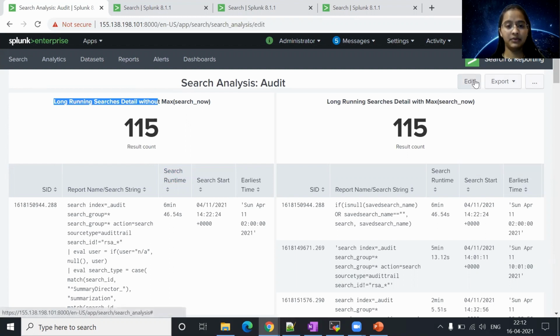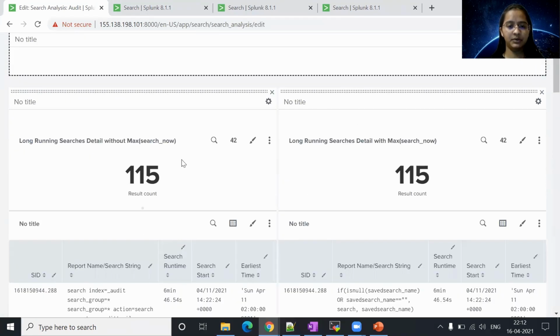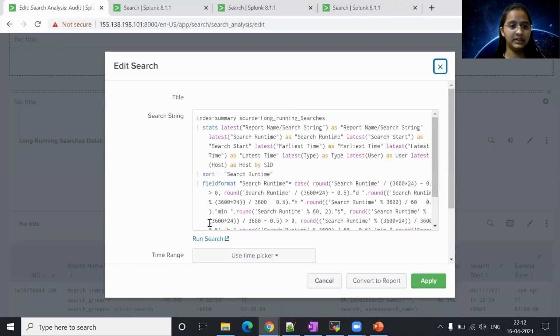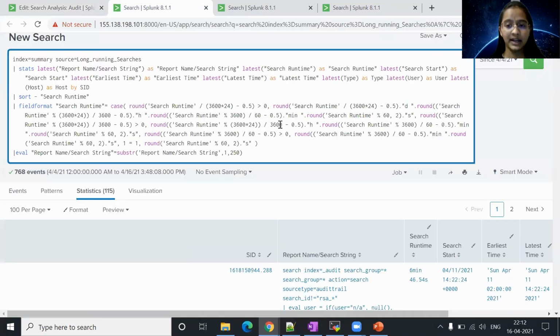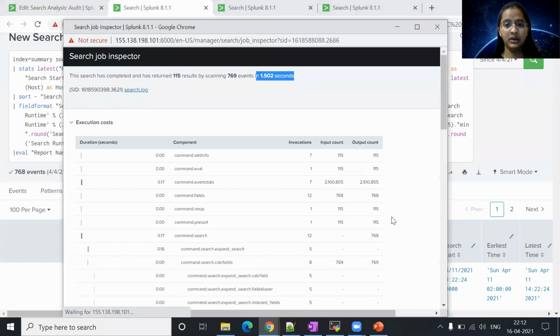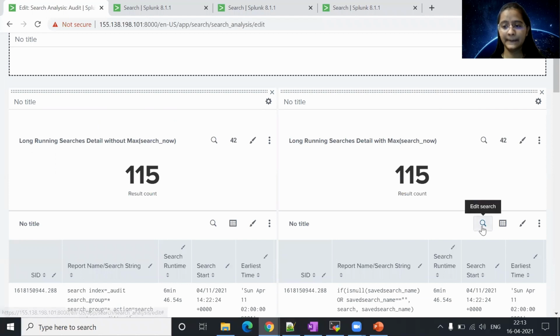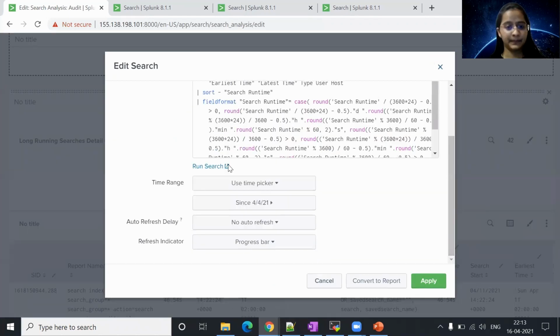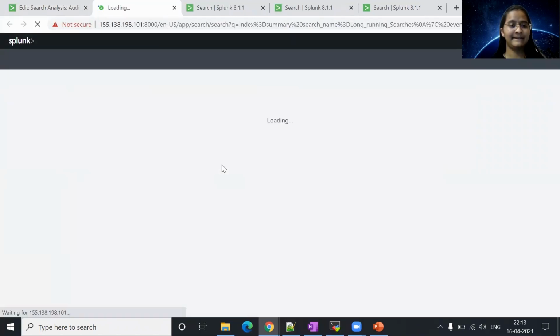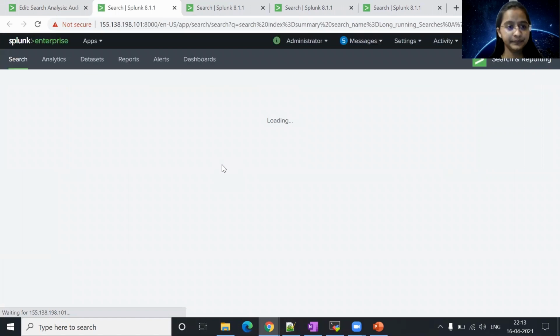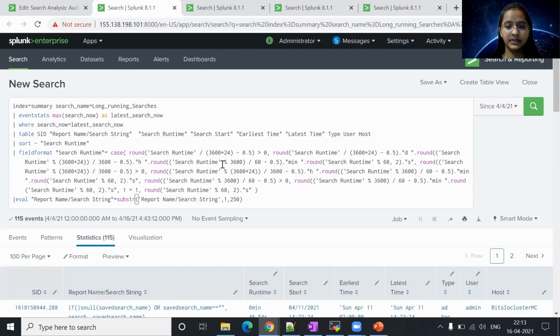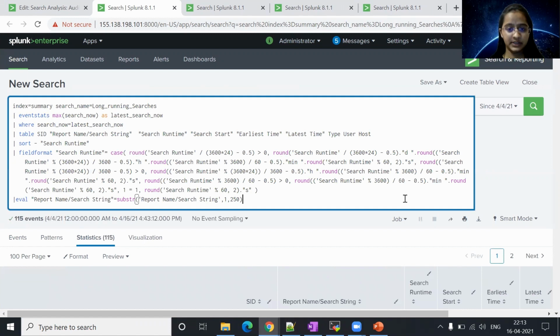Now let's see how they are performing from the performance perspective. Okay, so let me run this particular search. Whenever I run this search, you can see that it took around 1.78 seconds for completion. Now let's see what is happening on the other side. So here you can see that the job has completed.